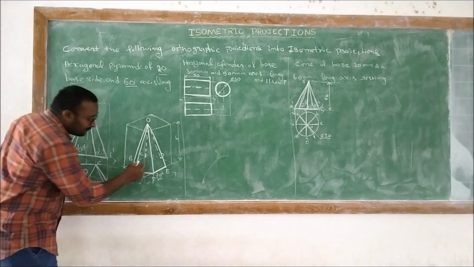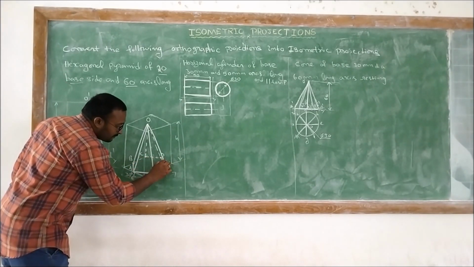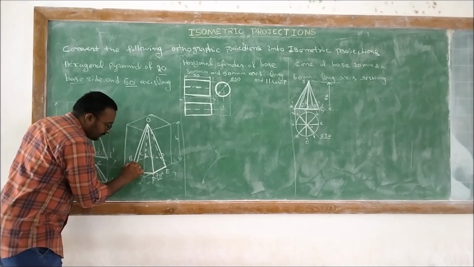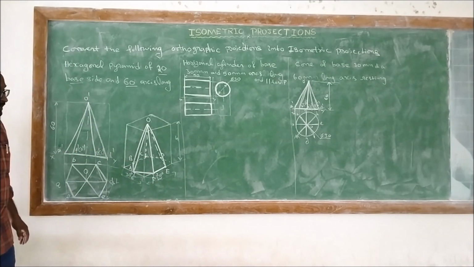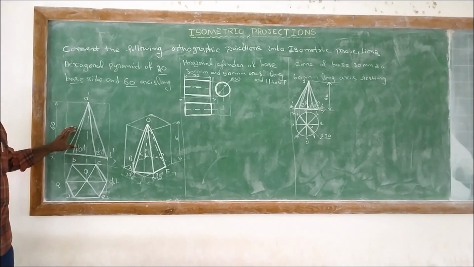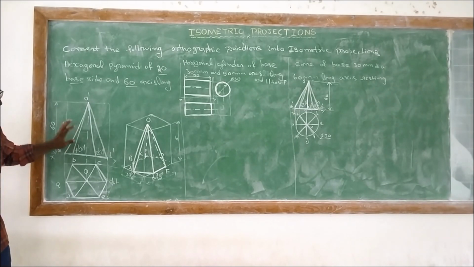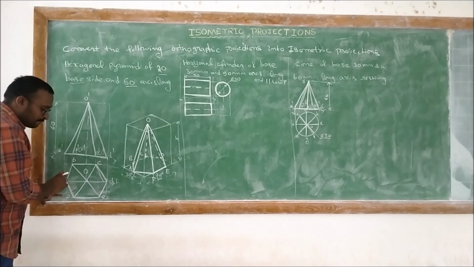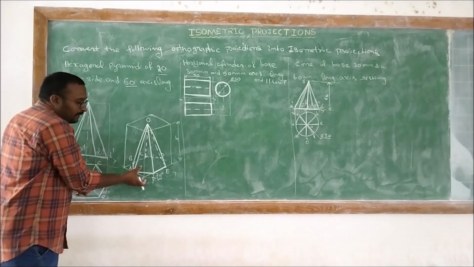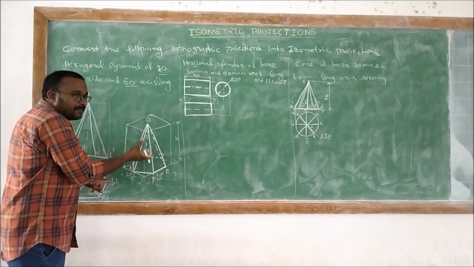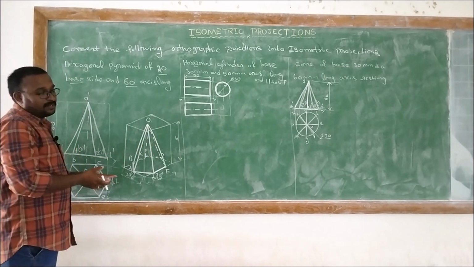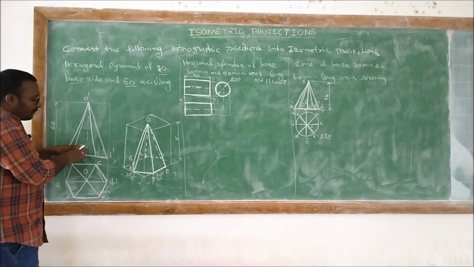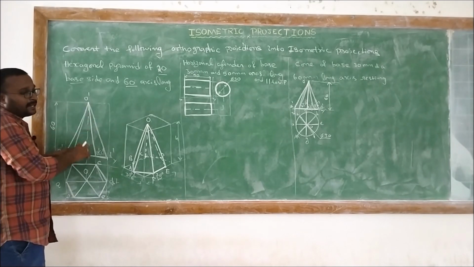So here this is the isometric view of a given pyramid. So based upon this, whatever the problem that they have given, we must draw the outside box, then we need to develop that particular prism, pyramid, cone, or cylinder, whatever it is. Right? So this is the problem when the axis is perpendicular to the ground.